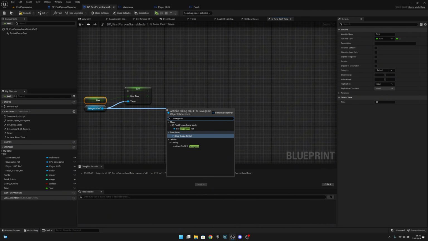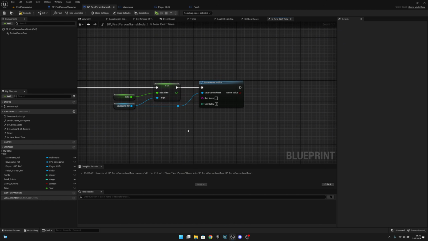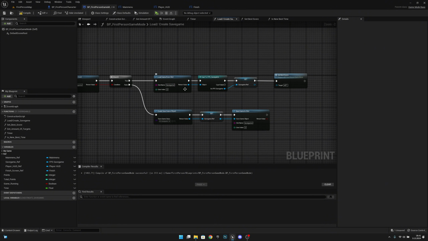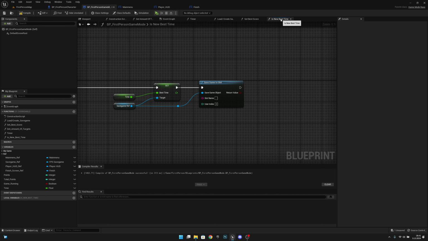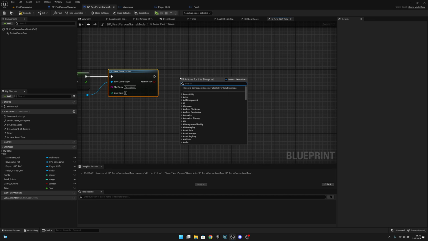Okay. After that, we will get also from the save game ref, and we want to save game to slot. After this, let's add a reroute here, and let's also align them. And our slot name will be the save game slot that we created before. So save game. After that, we want to add a return node,